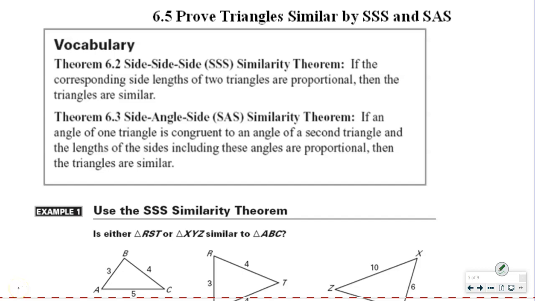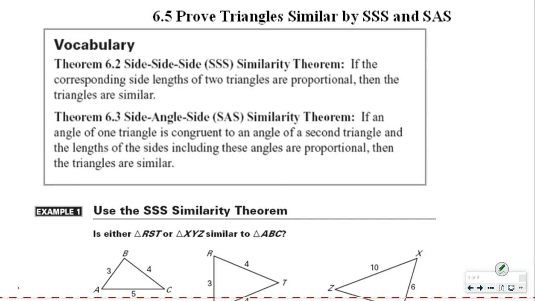All right, class, next section, 6.5, prove triangles similar by SSS and SAS, side-side-side and side-angle-side. So the first one, not to be confused with our congruence theorems, these are proving our triangles similar, not congruent. The side-side-side similarity theorem says if the corresponding side lengths of two triangles are proportional, then the triangles are similar. So all three side lengths must be proportional to the second triangle's side lengths, and then the triangles